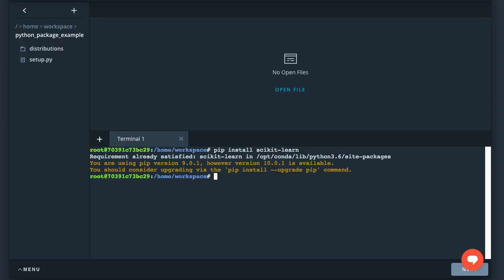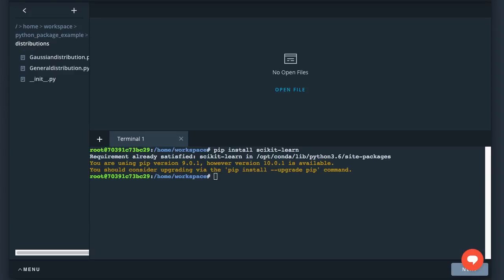In the remaining parts of this lesson, you're going to set up a Python package and then upload the package to PyPI. The first step is to get the package ready so that it can be pip installed locally on your computer. I'm going to show you how to set up your files so that they can be pip installed. On the left-hand side of the screen, you can see I'm in a directory containing a folder called distributions and a file called setup.py. Let's talk about the distributions folder first.